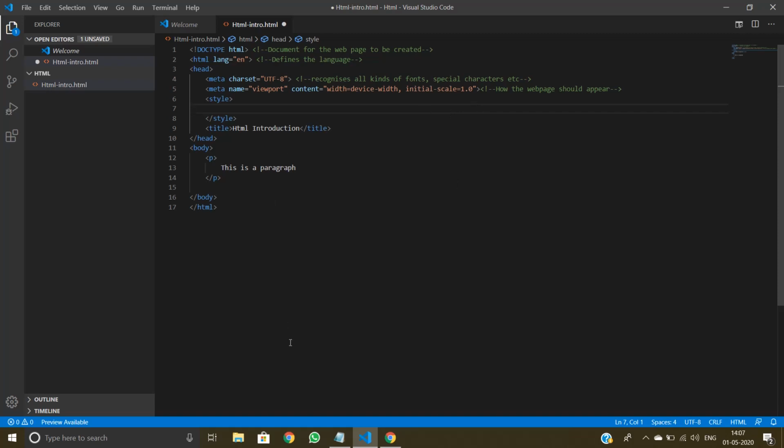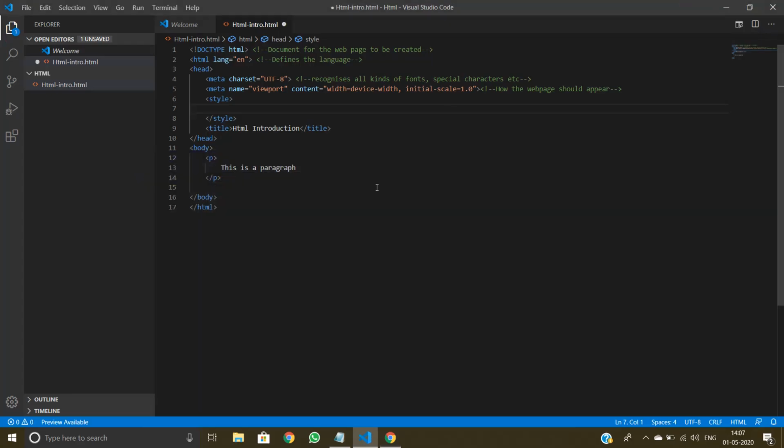Okay. So as I said, the title is HTML introduction. So this is what mentions the name of what web page has been displayed. Since I've saved it in a local or shared file, it's mentioning the description as local or shared file. So this is how HTML works on the basic level. Thank you.